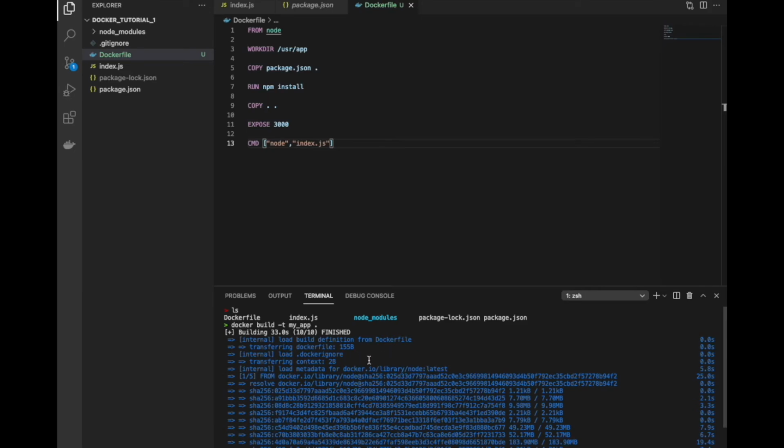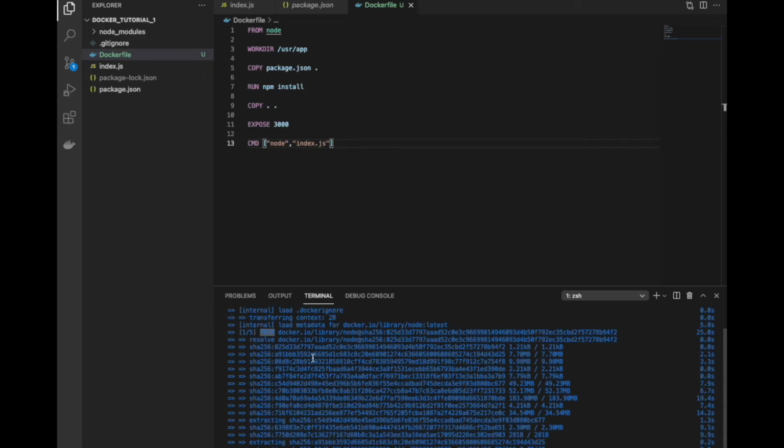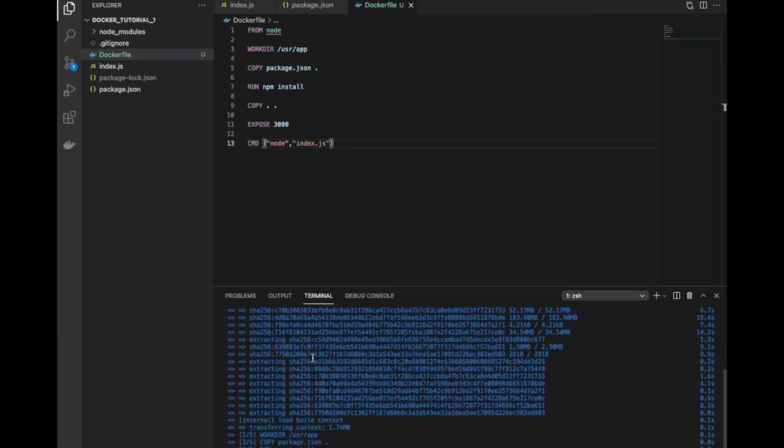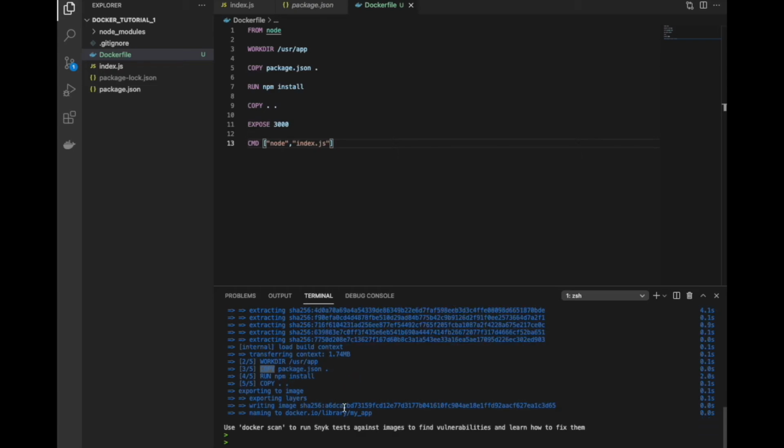Now our docker build command has successfully executed, so let's dive into what has been done here. So our Docker file has been loaded, and it also has ignored the dockerignore file, and now we can see that it is downloading an image of Node.js from docker.io. So these are all the contents from the Node.js image, and once the image is downloaded, the work directory is changed, package.json is copied inside the image, and all those commands are executed.